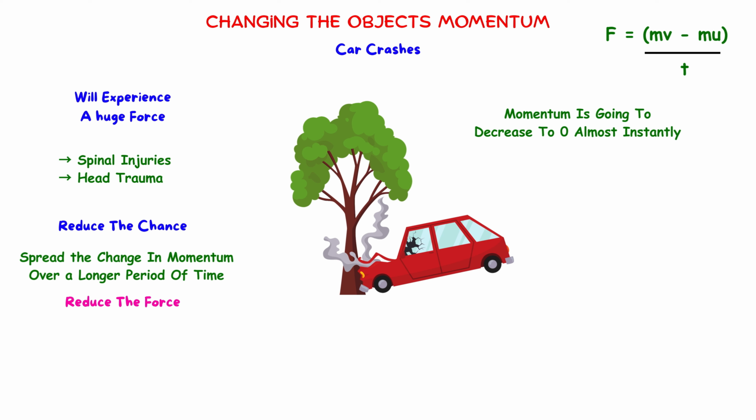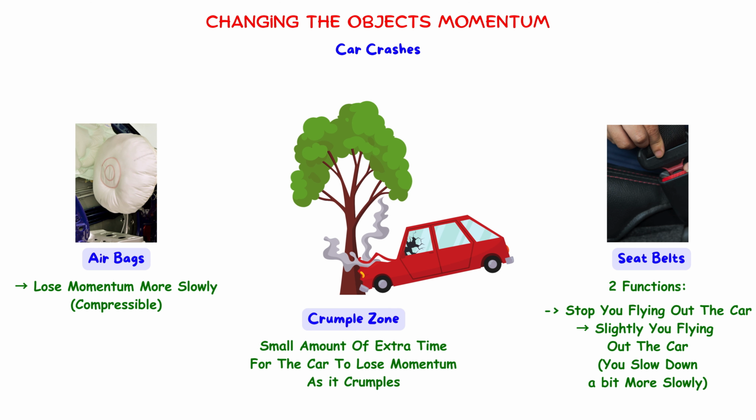To minimize these injuries, modern vehicles are designed to prolong the time over which the momentum is lost, thereby reducing the force experienced by the occupants. The key idea is that by stretching out the time it takes to lose momentum, the resulting force becomes smaller. This is why safety features such as crumple zones, seatbelts, and airbags are not just recommended, but legally required in